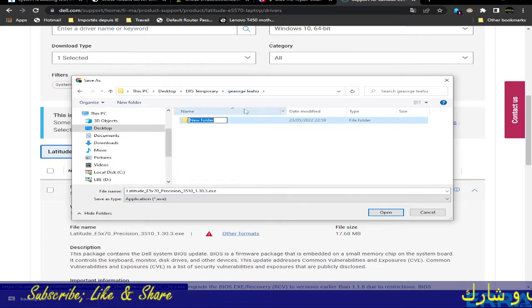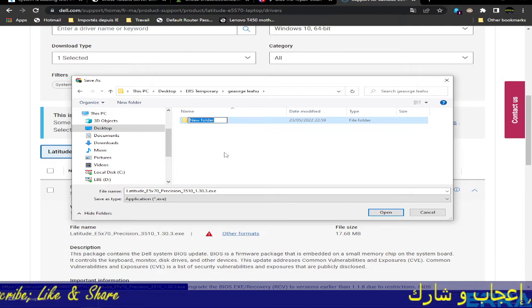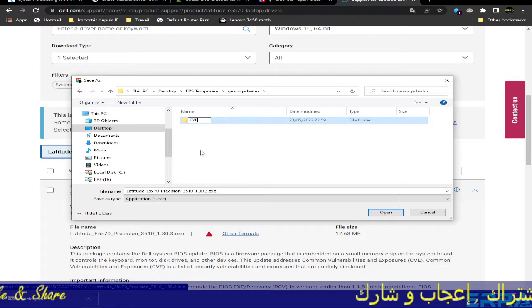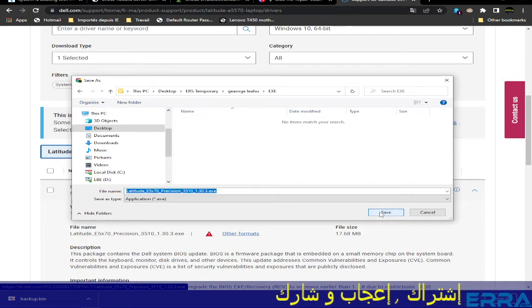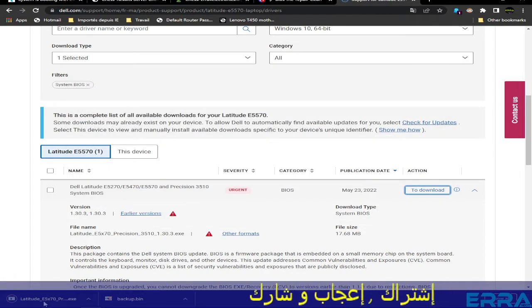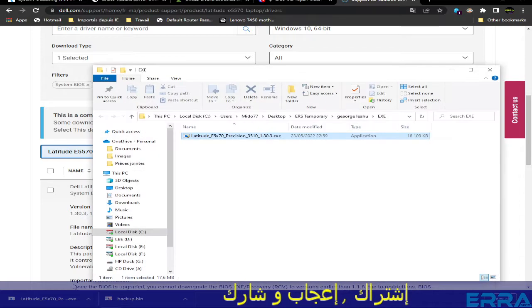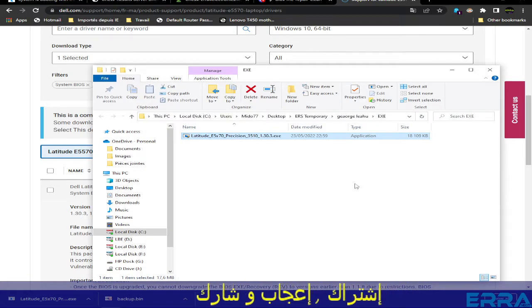Here we create, so we are in the Jorley folder, the working folder, but we need to create another folder which I love to name exe, so that my work will be easy and organized. Here we have